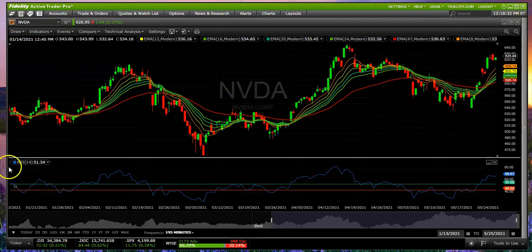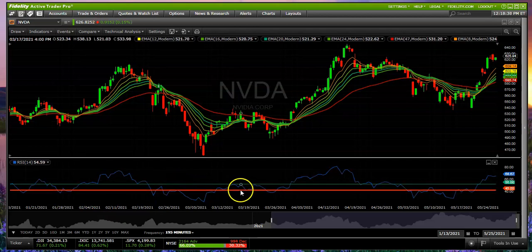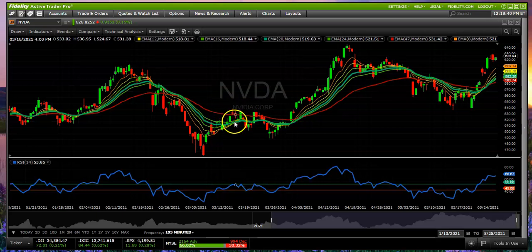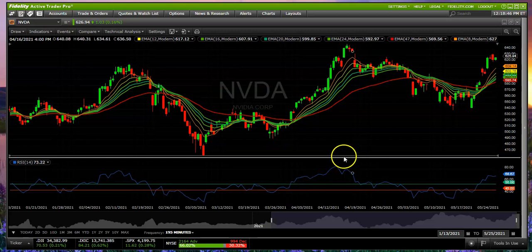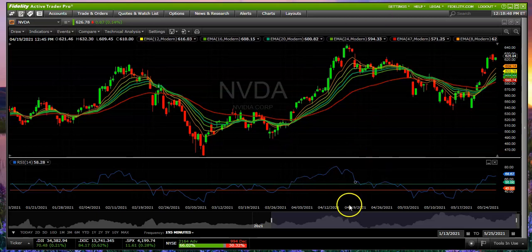In addition to that, I love the RSI, and I have bands between the 45 and the 55 here. And you can see here when we can't break through, this is when we're getting toppy in this area and coming back. And it isn't until we break through the 55 that we're off to the races. So it's in these areas where you can expect some consolidation, and depending upon your time frame,